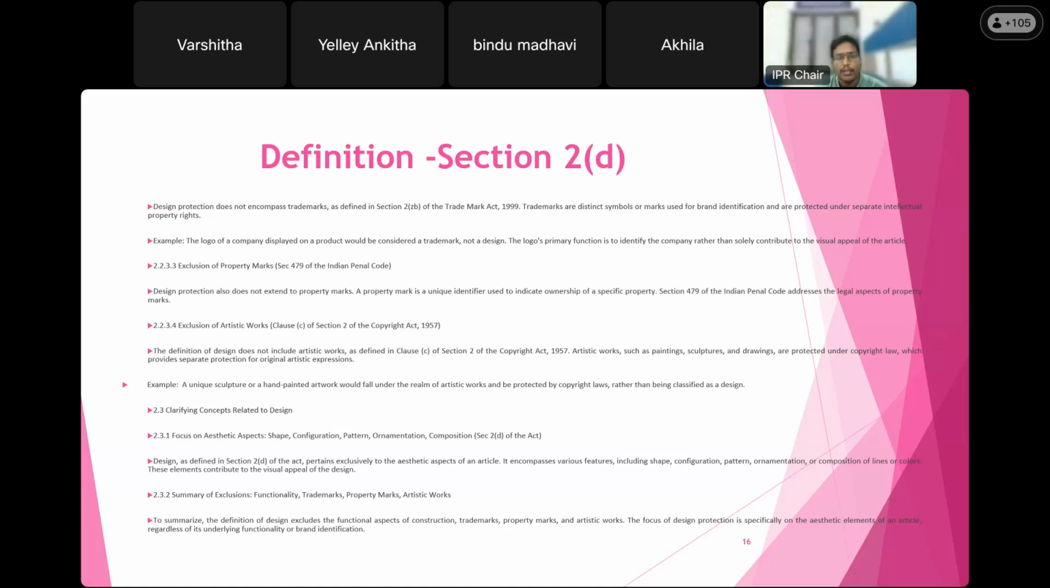Those marks cannot be protected under design registration. Design is only for aesthetic appeal. It cannot represent any functionality, or any brand or goodwill or reputation. That's the reason it has been excluded. Even artistic work under the Copyright Act, that means any expression, cannot be protected under design. So whatever is artistic under copyright, and trademark under the Trademark Act, these cannot be protected under